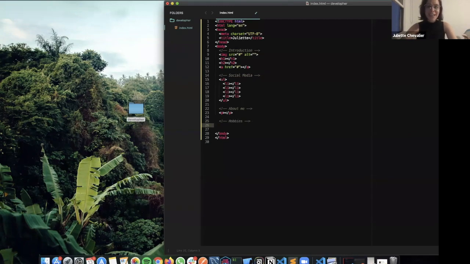So this is where it's gonna get a bit more complicated because I'm gonna make sure that I have an image, a title, and maybe even a small description for each hobby. So that means I'm gonna need an unordered list, which is gonna have a list item, which inside of that list item is gonna have an image, maybe a header 4, and then a small paragraph text. So you can see how this starts very quickly becoming very complex.